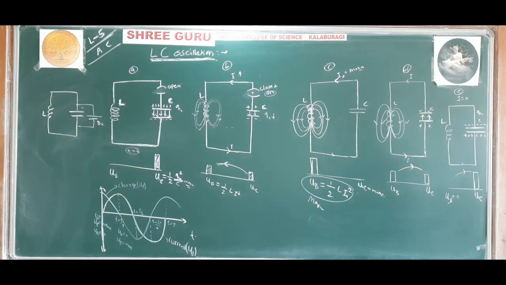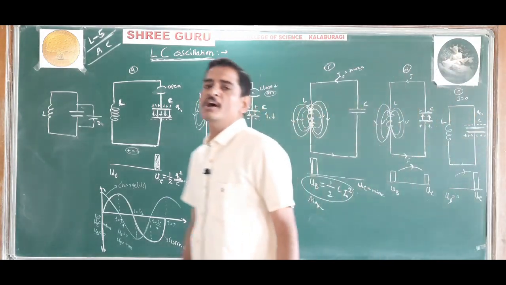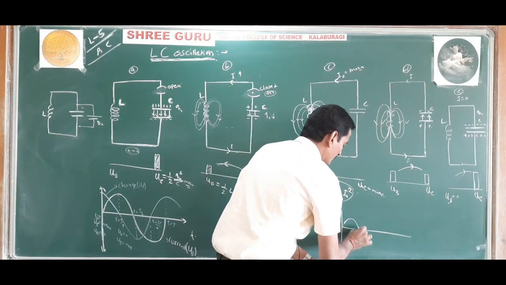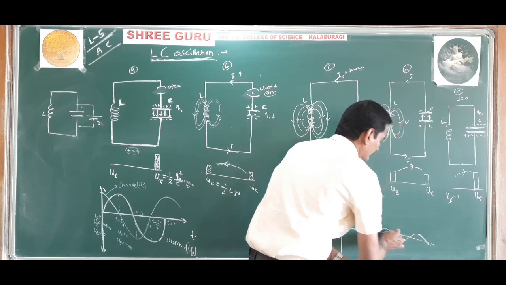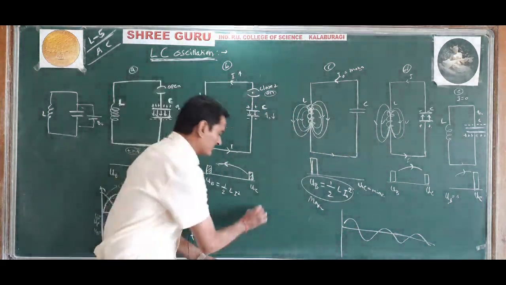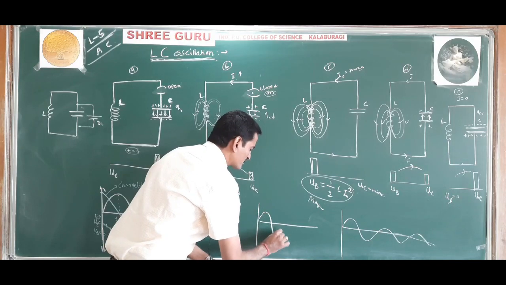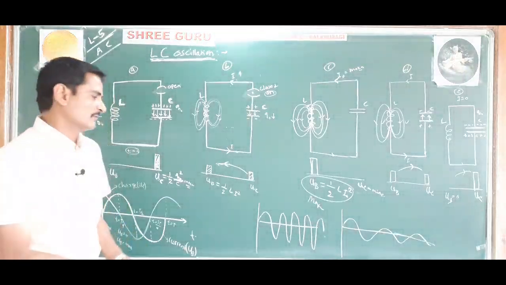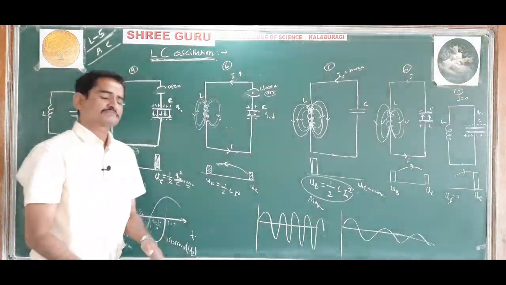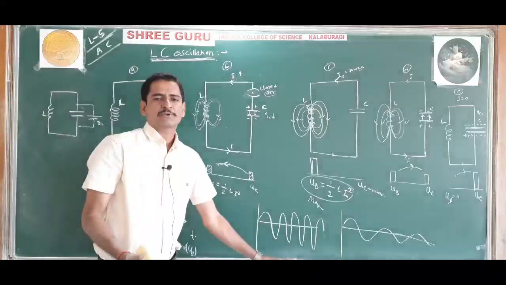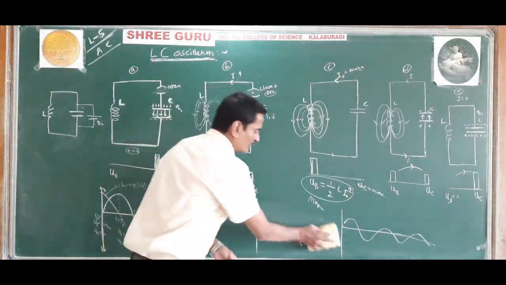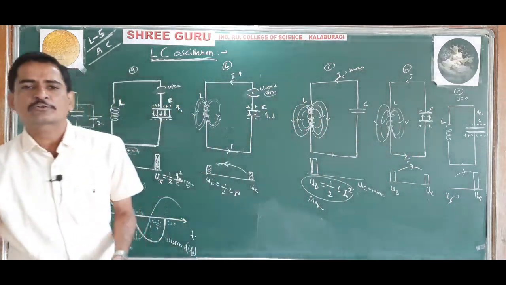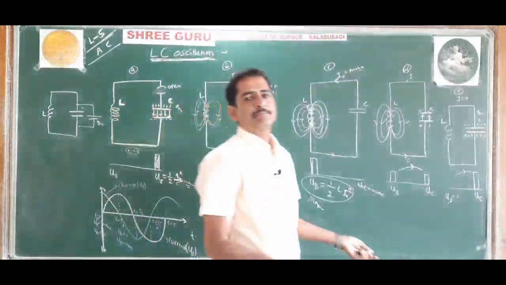Practically, the LC oscillations produced are not undamped, so they will be damped LC oscillations. That is, the amplitude and frequency go on decreasing. So this is called a damped LC oscillation. Undamped LC oscillation means the energy, that is, the amplitude, will remain constant. Understood? So if there is no loss of energy, the LC oscillations produced are undamped. But practically there will be a loss of energy, either due to the resistance or due to electromagnetic radiation, so there will be damped oscillations.